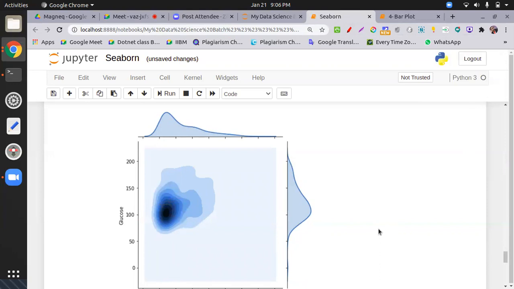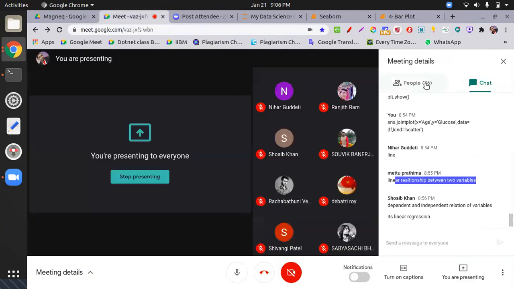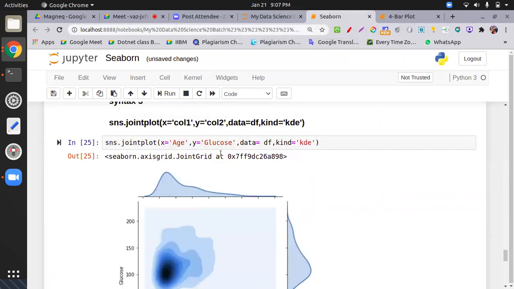Just like if I ask, what is the meaning of density? If I have 40 students in my class, and out of 40, 10 give me the solution of every problem, then my data is centered around those 10 people. If I talk about new students, how many joined the class yesterday, they are around 10. So it depends upon the logic of where you center your data. All right, so this is a KDE line.